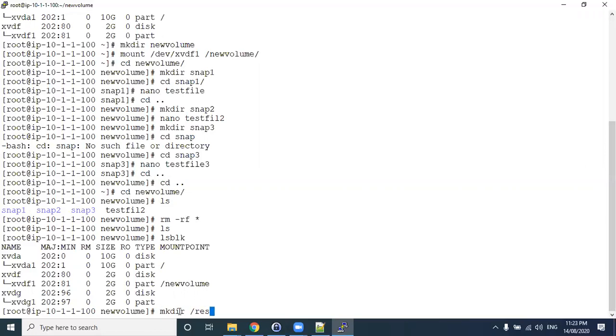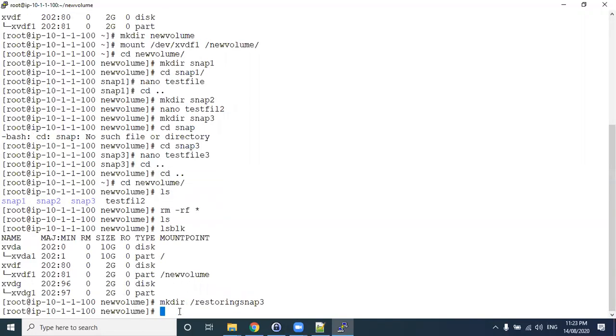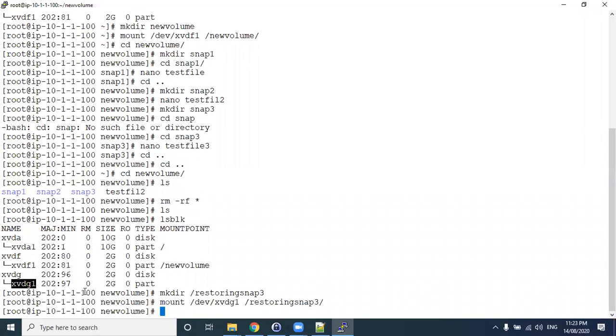Let's say restoring snap 3. Let's mount /dev/xvdg to snap 3. So let's list the restoring.